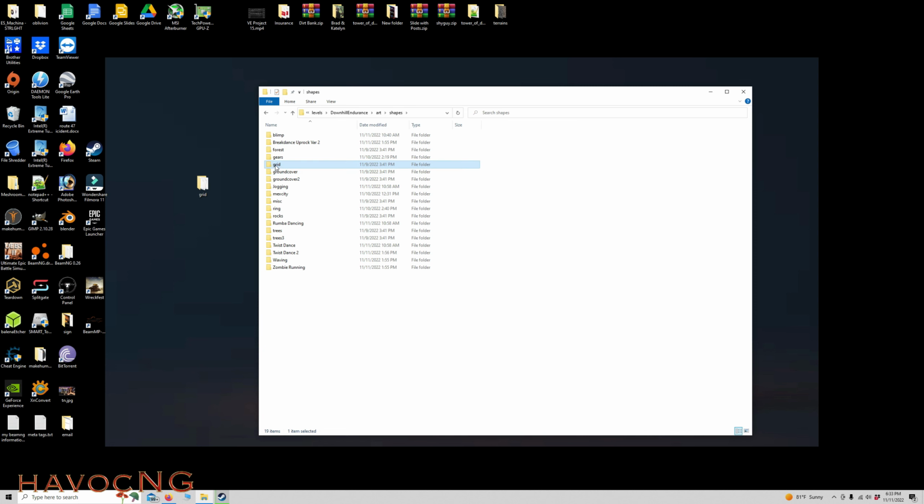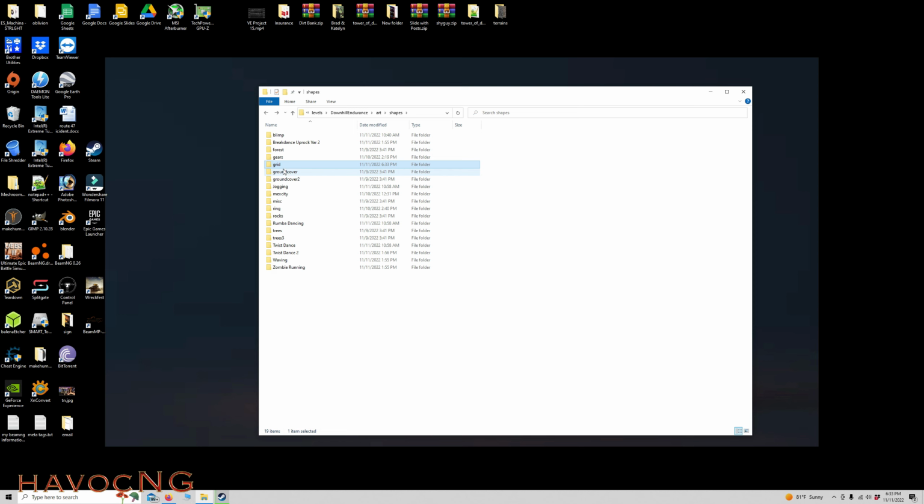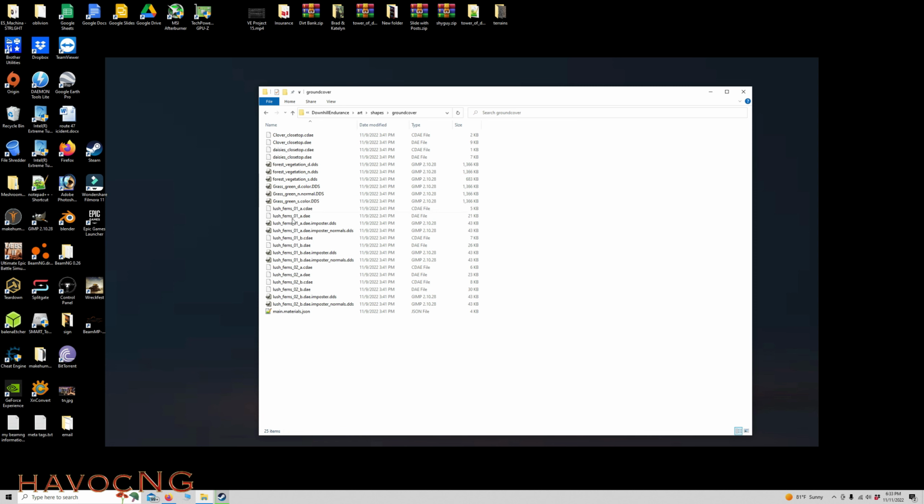I'm going to just drag this here and overwrite this one, because there's better stuff in here than there is in here, and everything that's in here is already in here. So let's just drag that here. It's going to replace everything. So now, before we go in, we have to go in here and we have to edit this materials folder. But before we do that, we want to get the proper spelling and wording for this level,